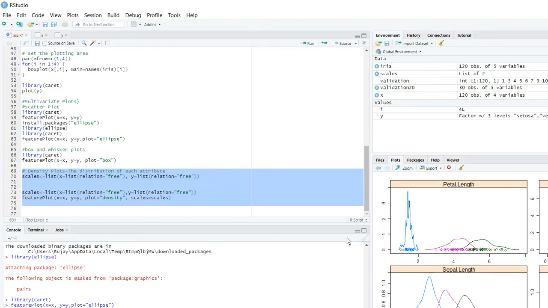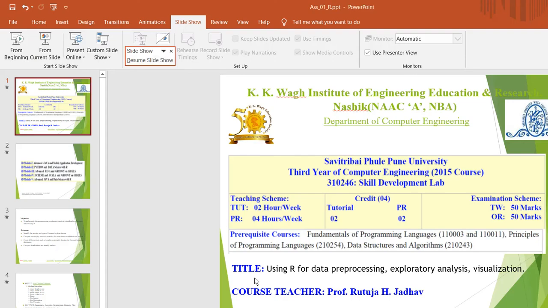so here you can see the density plot for each attribute with different colors for each species. So three you can see, that is for the three classes, Setosa, versicolor and virginica. So you will get the distribution for each attribute: petal length, petal width, sepal length, sepal width. So this is the simple assignment that you need to perform, but with some additional practice assignments. So I hope the assignment is clear to all. Now let us get back to our presentation.